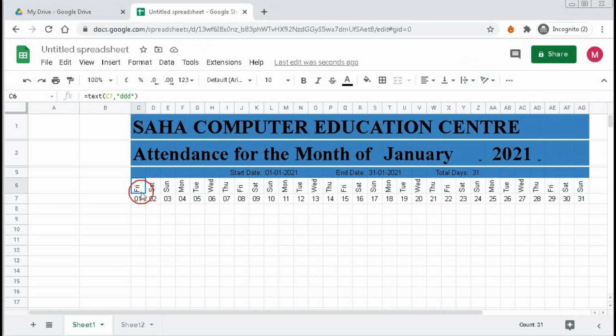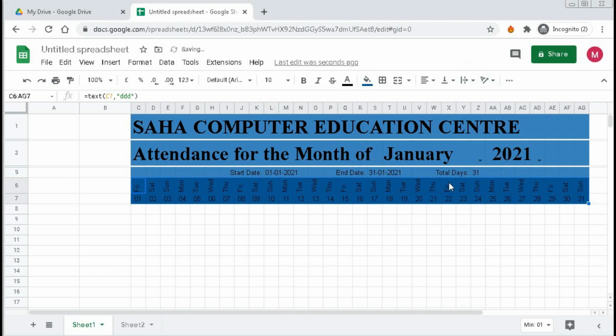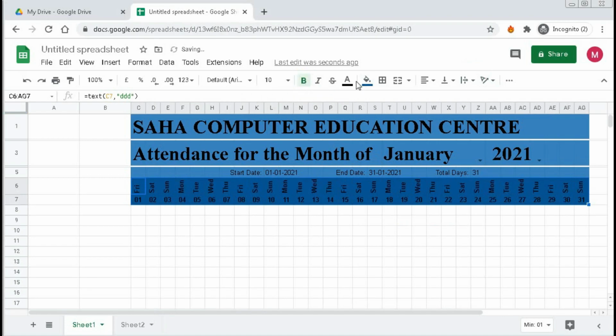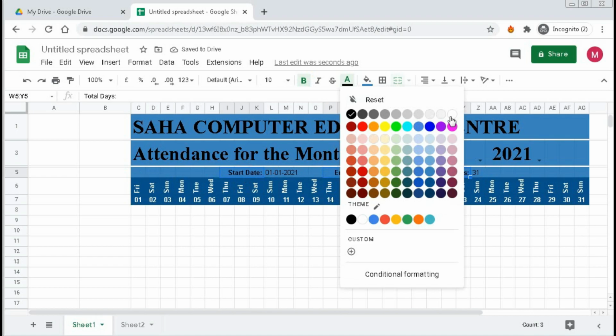So here we will now give the shading color, that is this deep color, and make it bold and text color white. Select this cell and make it bold and give it white color.